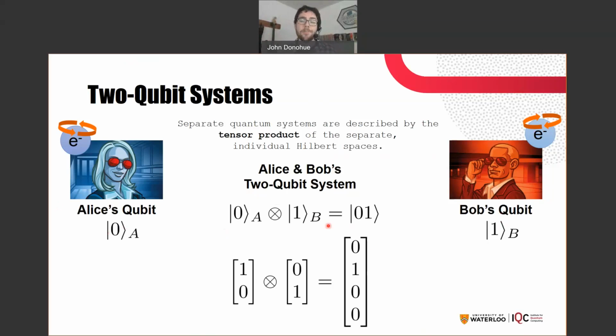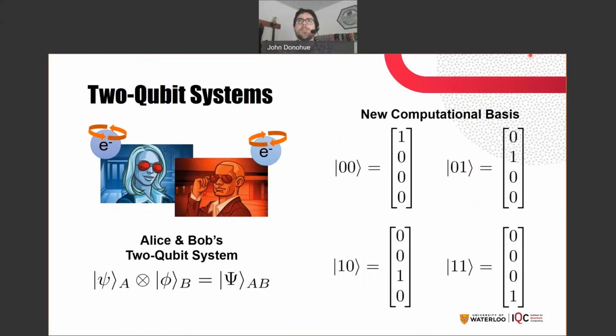Similarly, just as there were 4 options classically, we now take our two two-dimensional vectors and combine them into one 4-dimensional vector, obeying the rules of something called the tensor product. We're going to get pretty lazy pretty quick with this, and we're just going to take our 0 and our 1 and smush them into one ket that looks like this, 0 1. And it gives us a new computational basis as well. So this is our new computational basis, and similarly, I can define new